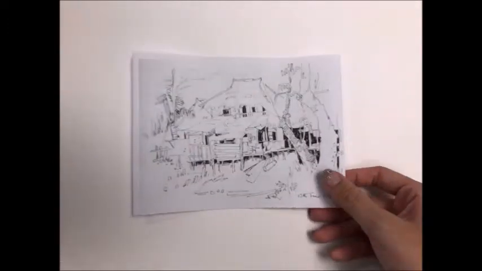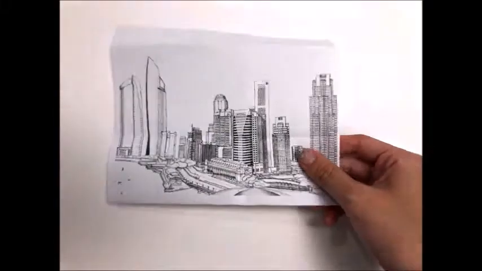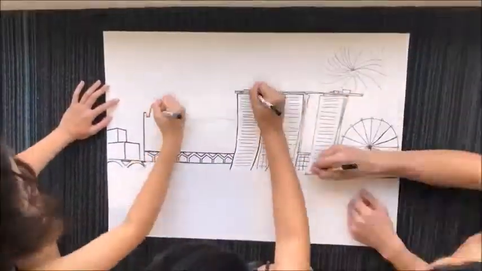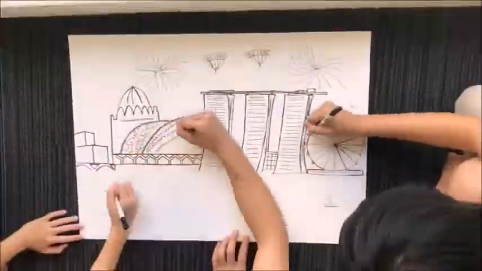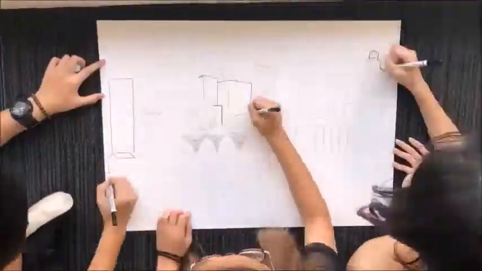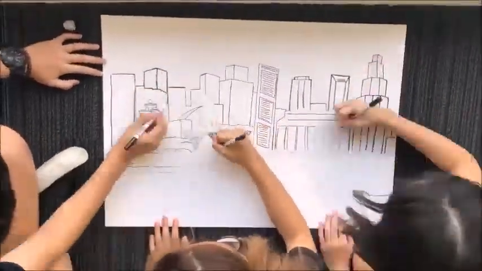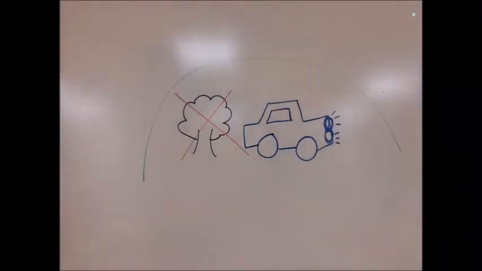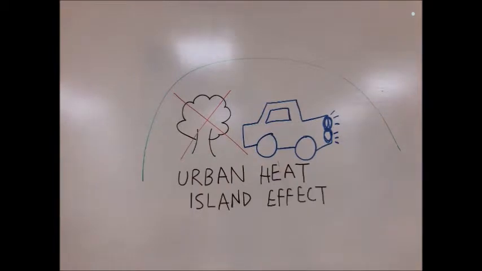This is Singapore 50 years ago. Over the years, we have transformed into a metropolitan city. I'm sure most of you recognize this iconic skyline, but do you know about the harm these developments have done to our environment? As we build our city, we replace vegetation with bricks and steel, causing the city to lose its evaporative cooling advantage of vegetation. Cars and air conditioners also contribute by converting energy to heat. This is called the urban heat island effect.